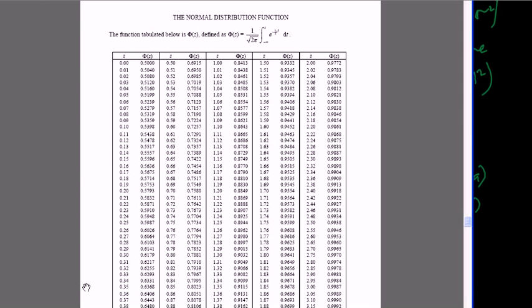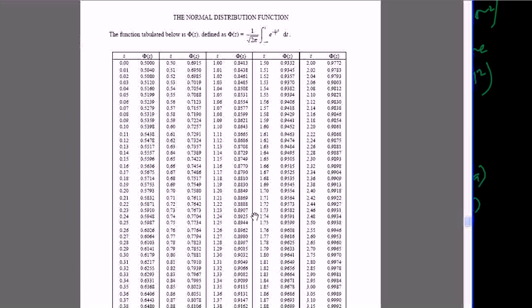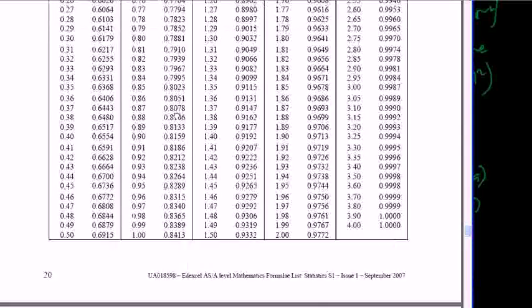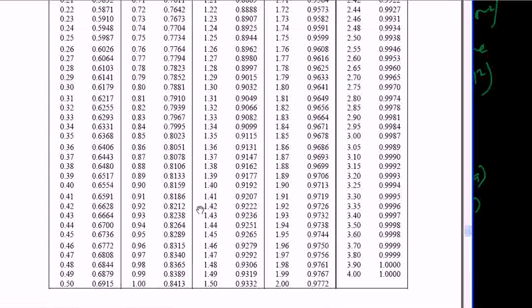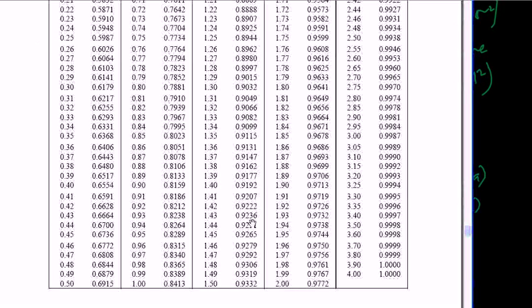Now if you take a look at what we have to look for, it is z is less than 1.4286. So we are looking for, look here, this is z and this is the probability. So if you're looking for 1.42, there are only two decimal places here. So if we look here, 1.4, let me enlarge it. So we have this 1.42. Remember what we have is 1.428, so this should be 1.43. It will be increased by one decimal place. So 1.43 is this one,